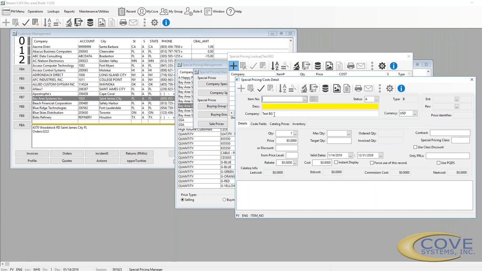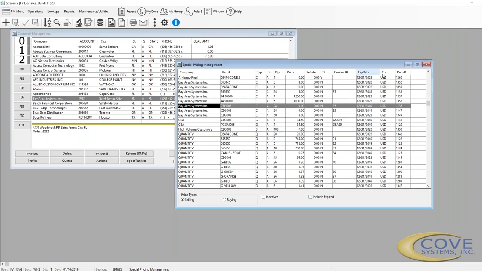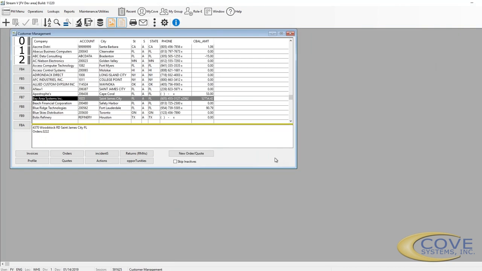And if you notice here in the company, it now says buying group, and the type is B. So by setting up special prices in the buying group, we can set up a special price, quantity, rebate, any number of things, contract over multiple customers without having to set up individual records for each customer. So that's our special pricing and buying groups. And then we talked about the zip code file for tax